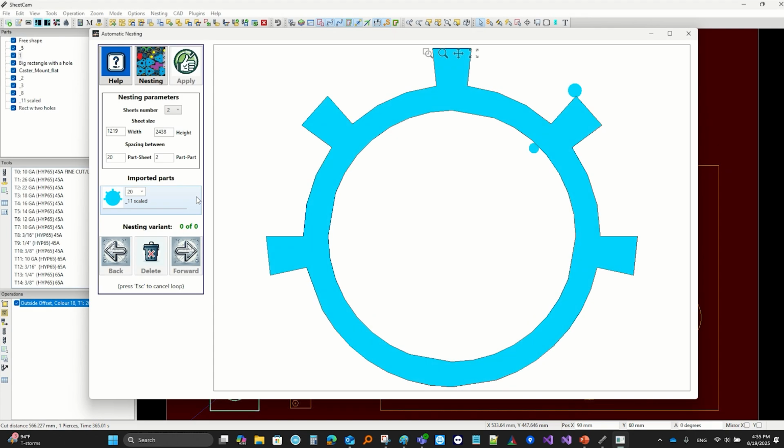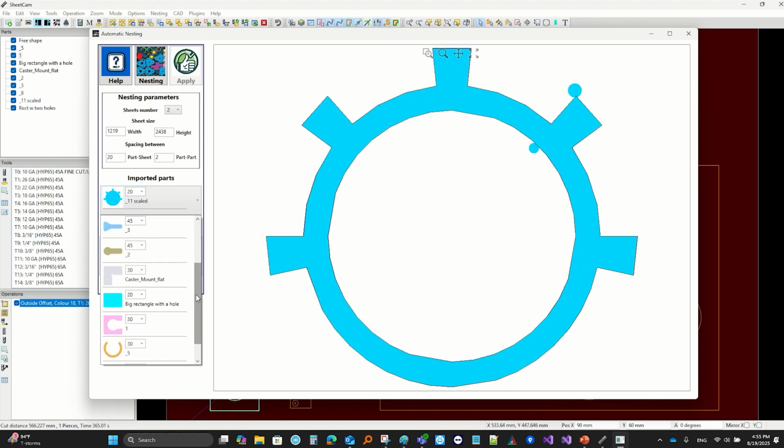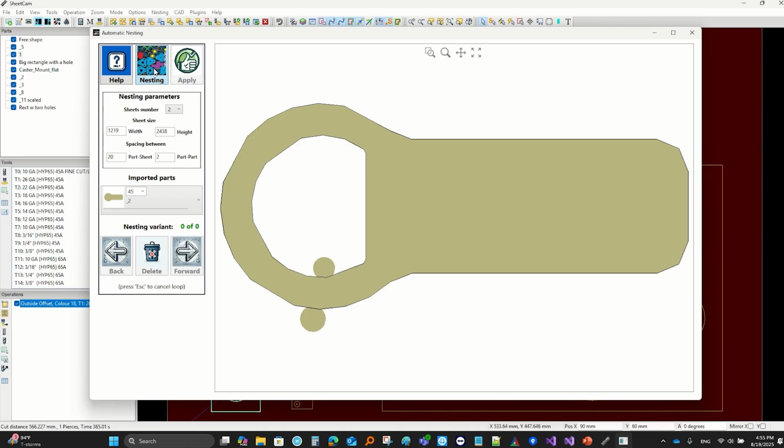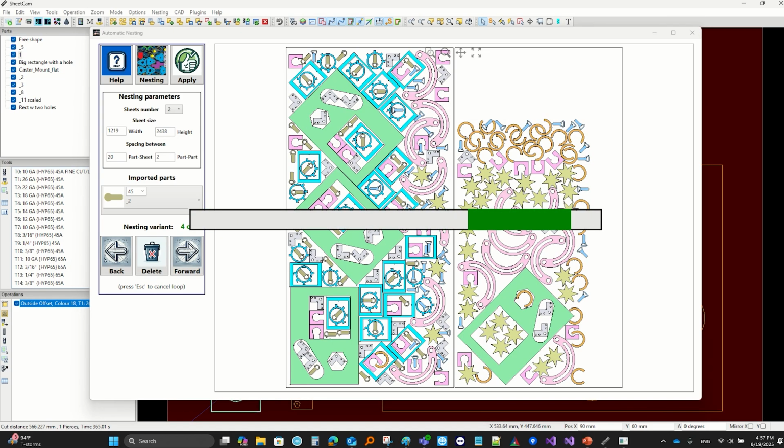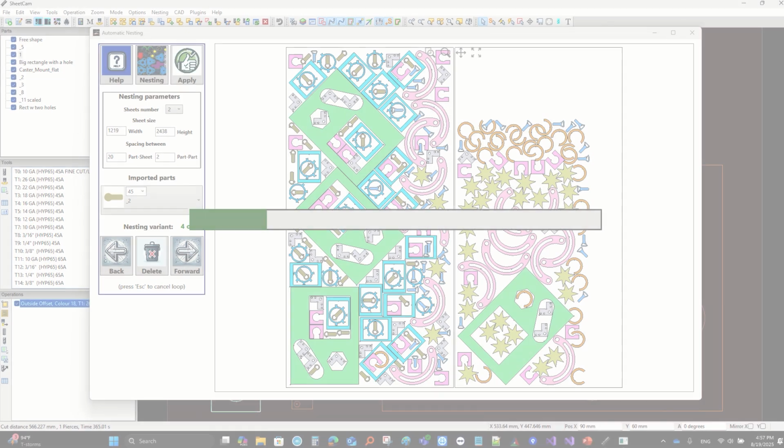SheetCAM's new automatic nesting feature allows you to find the optimal placement when tiling up parts, no matter their shapes, sizes, or quantities. It not only saves time, but also materials by taking advantage of the spaces that can get